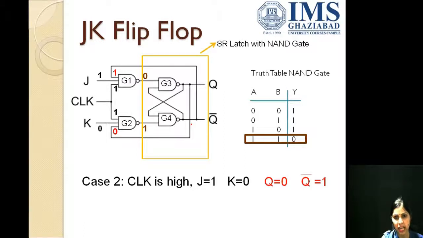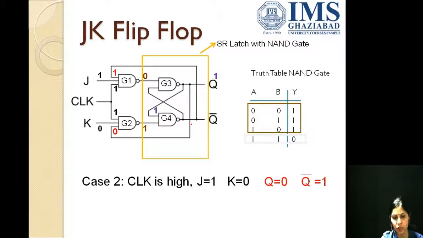SR latch with NAND gate means when one of the inputs of NAND gate is 0, the output is 1. That we know. So, we have output from G3 as 1,